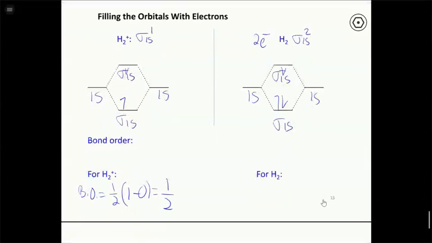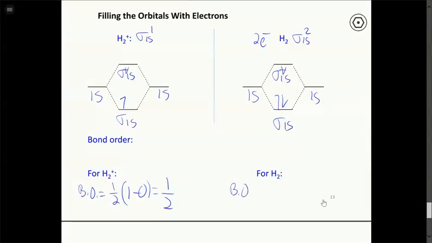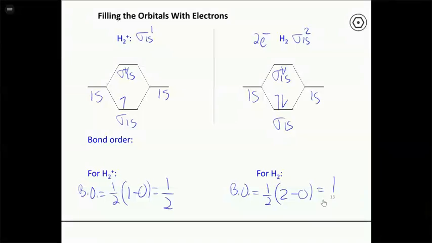If we calculate the bond order for H2, 1/2, we take the number of electrons that are in bonding orbitals, which is now going to be 2. Both of these electrons are in a sigma 1s bonding orbital. We subtract the number of electrons that are in the anti-bonding orbital, which is still empty, so 0. And we predict a bond order of 1 for H2. Just like we would if we were to draw the Lewis structure for H2, which just has a single bond between the 2 hydrogens. So no difference there. But this predicts a single bond for H2 with a configuration of sigma 1s2.